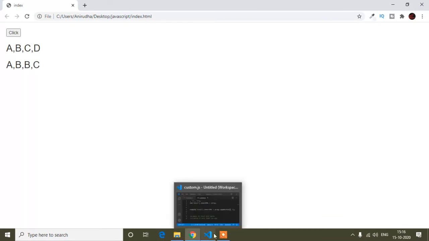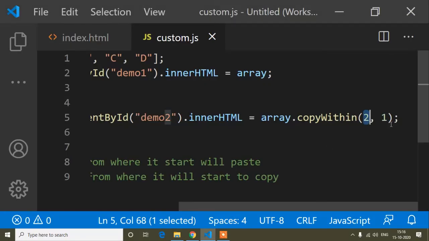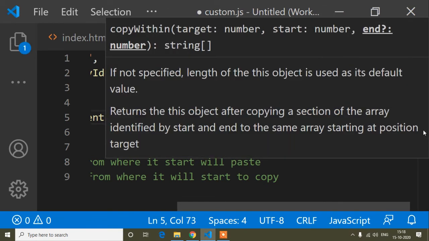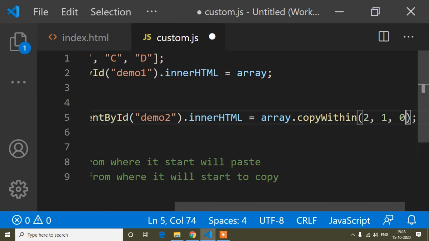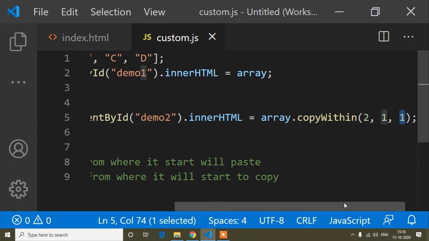So now I will explain how the last argument works. What is the meaning of the last argument if I pass it here? So guys, suppose here I have passed another argument, that is 0 or 1. The last argument denotes how long it will be copied.